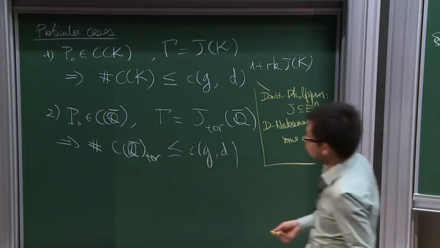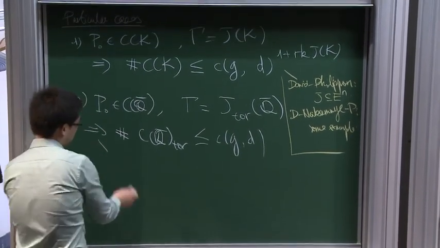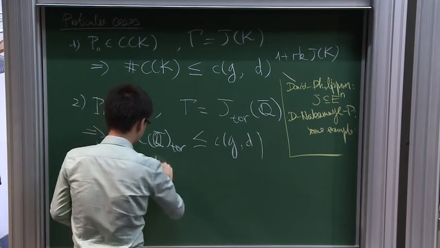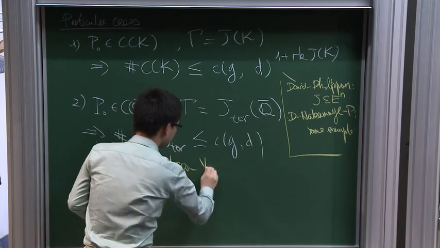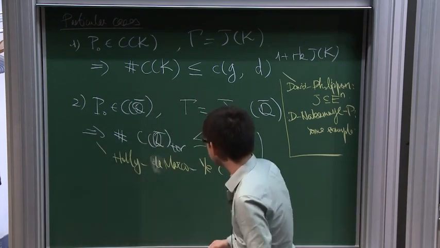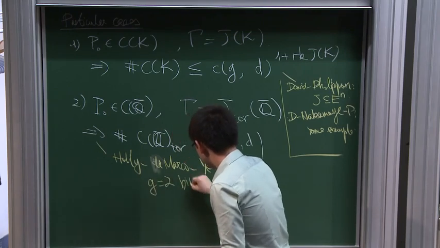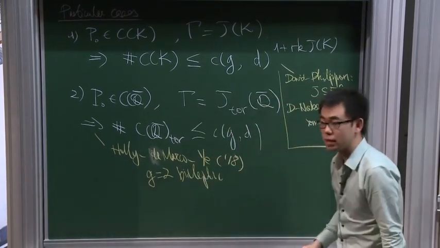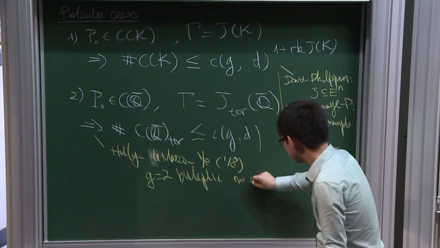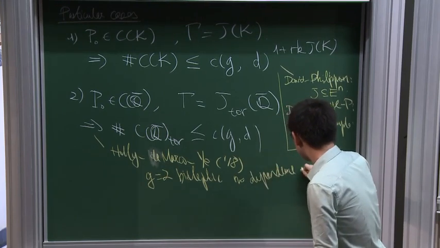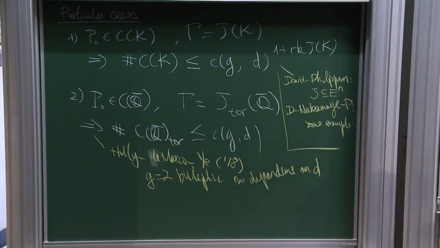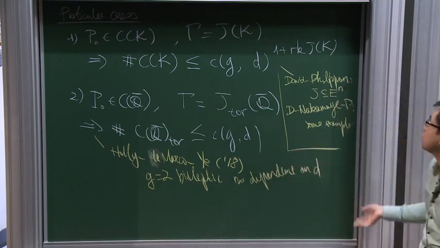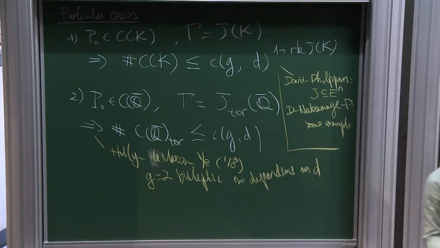and Philippon also produced some examples of families satisfying this. And for the second one, there's a recent paper of Holy, Laura DeMarco, and Ye. They proved this for G equals 2 bi-elliptic, but their result is stronger than ours in this case because they have no dependence on D. They really prove this. Otherwise, there are some results in these directions using the Chabauty-Coleman method, but all of them, of course, have some rank condition on the curve.